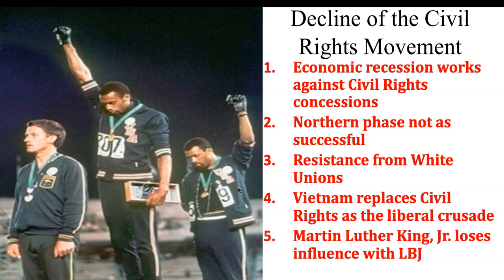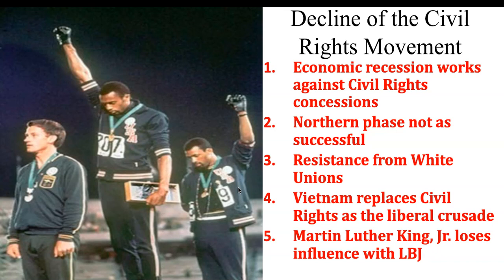And then there's a recession at the end of the 60s into the early 70s due to Vietnam. And that's going to create, as more and more white Americans feel the pinch of the recession, fewer that are going to be supportive of economic equality for African Americans. All right, especially the unions, who will fight against the incorporation of African American workers into the unions. All right, Vietnam becomes kind of the activist focus by the end of the 60s, as more and more white activists start to fight against Vietnam than they do for